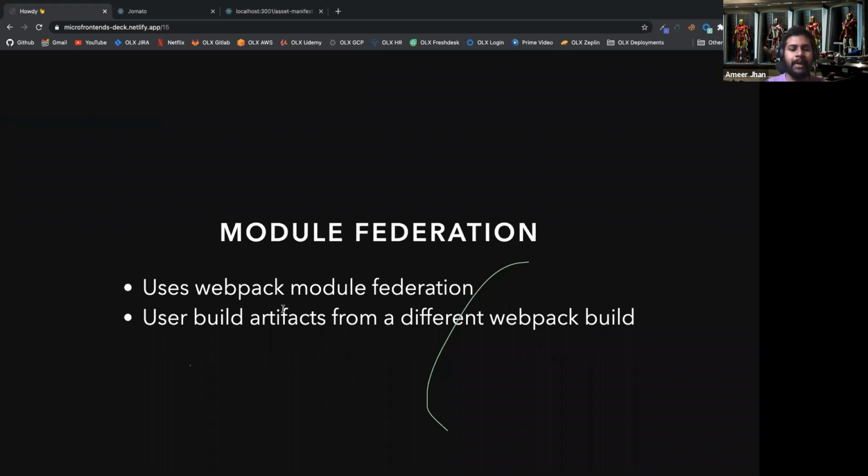Webpack module federation is a way by which you can build different microfrontends, take those build artifacts, give them to another Webpack config, and tell it to build them together as a single front end. Whatever dynamic asset loading strategy we do is kind of baked into Webpack itself. Before it was not there. In Webpack 4, we struggled to do that, which is why we had hacky solutions like dynamic asset loading. But with Webpack 5, it is built into Webpack itself.